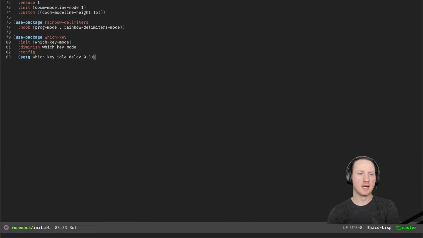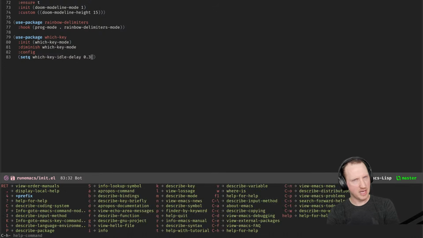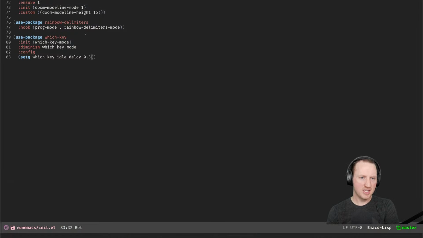The only other thing that's useful to note about WhichKey is that it has a configurable delay. If you notice, I press Control-H, and then there's a slight delay before it pops up. We can change that so that if, for instance, you've gotten pretty comfortable with your Emacs key bindings and you don't want the panel to show up as frequently. If you set the delay to 0, it will show up automatically as soon as you press a prefix. So if I change this delay to 0 and evaluate it with Control-X, Control-E, if I hit Control-H,